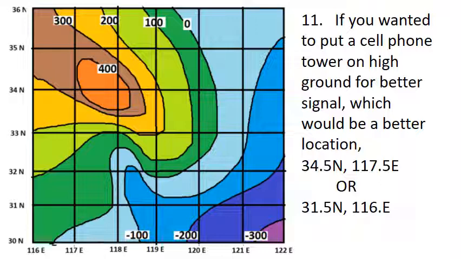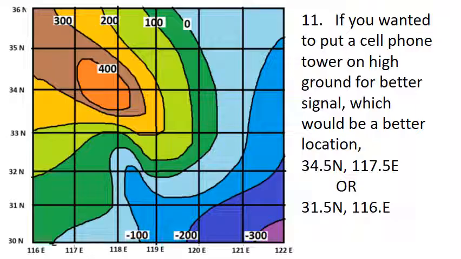So we want to build a cell phone tower, and we know that cell phone towers really need to go up on top of high ground. That way the signal gets broadcast to a wider area and you don't have those dead zones. So I'm in a cell phone company and my customers are complaining I don't have good coverage in the area in this map. Where can I put a cell phone tower where the signal is going to be high up